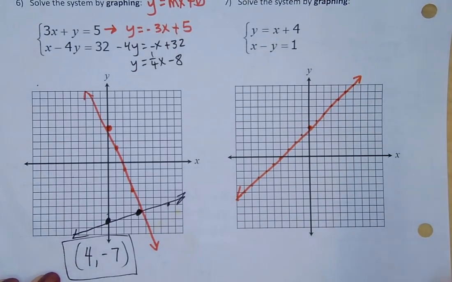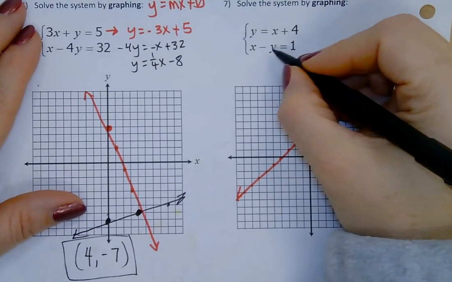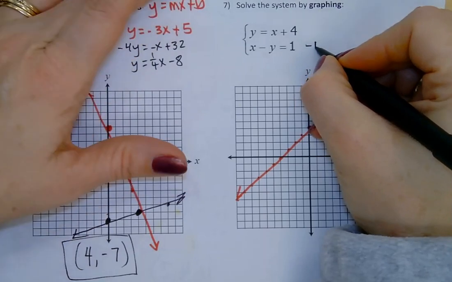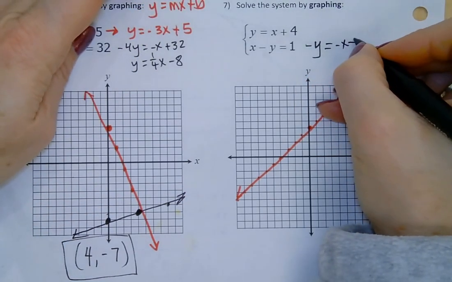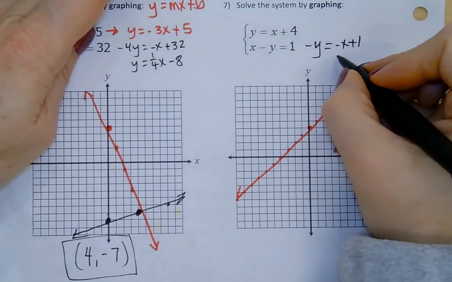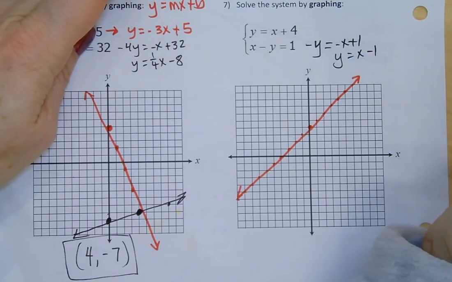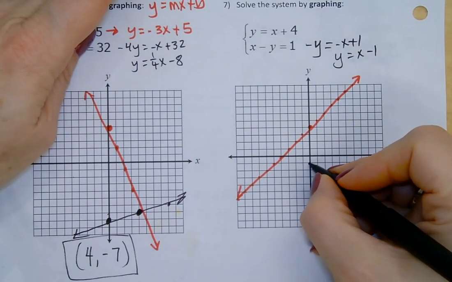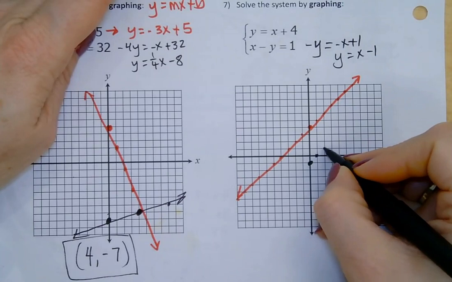Okay, my second equation, I need to rearrange. So I'll subtract x from each side. So I have -y equals -x plus 1. And then I make that y equals x minus 1. So I start at -1. I go up 1 over 1, and